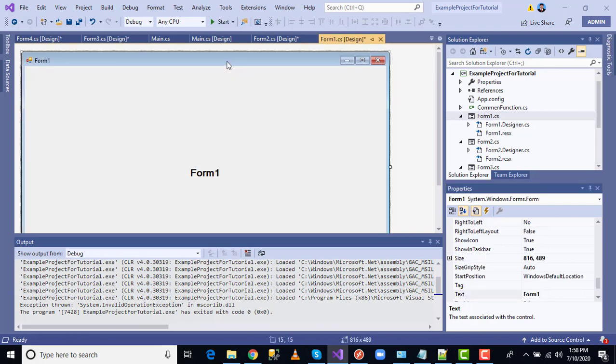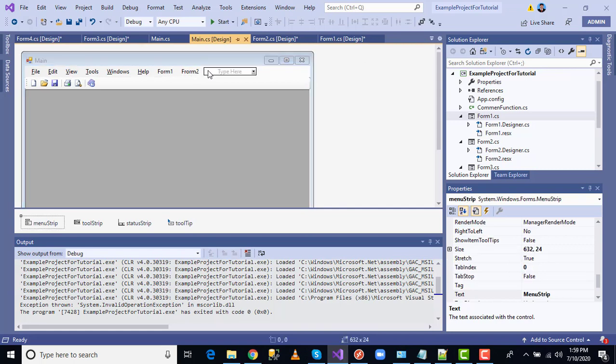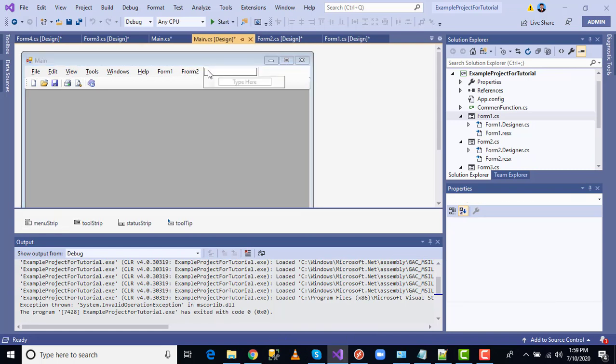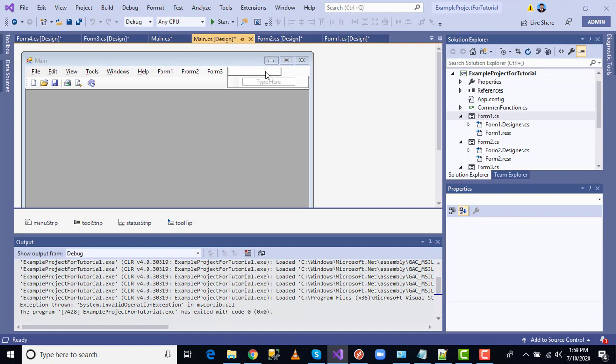Okay, now I should add in the main form. See, 1 and 2 are already added, so the same way I should add form 3 as well as form 4.